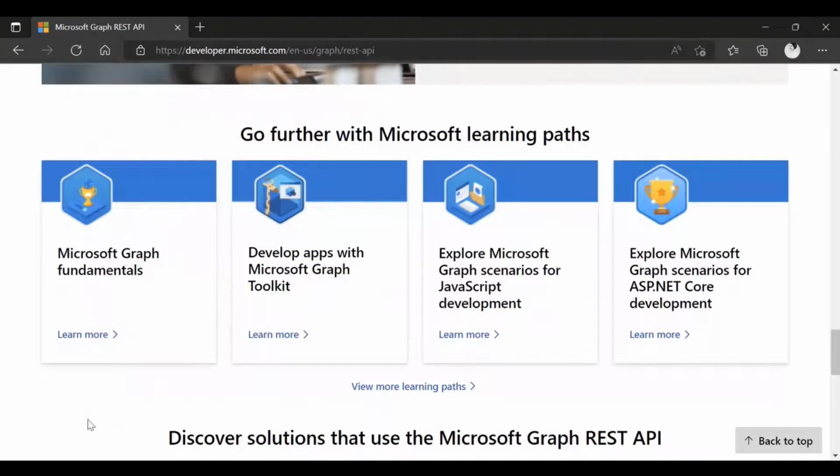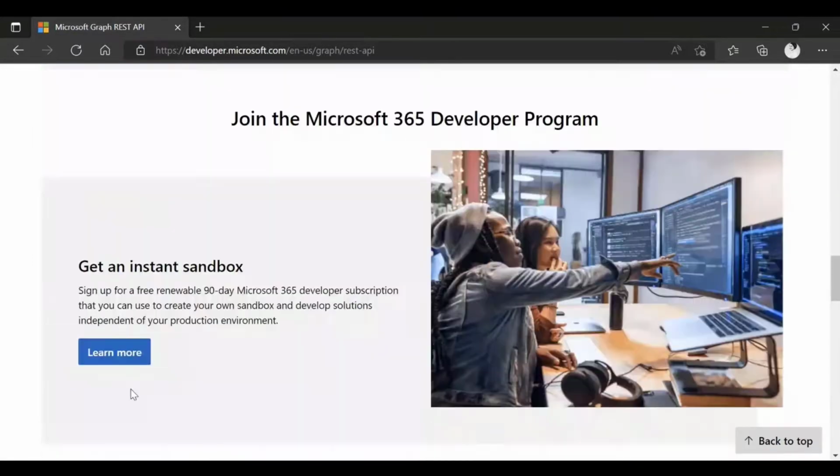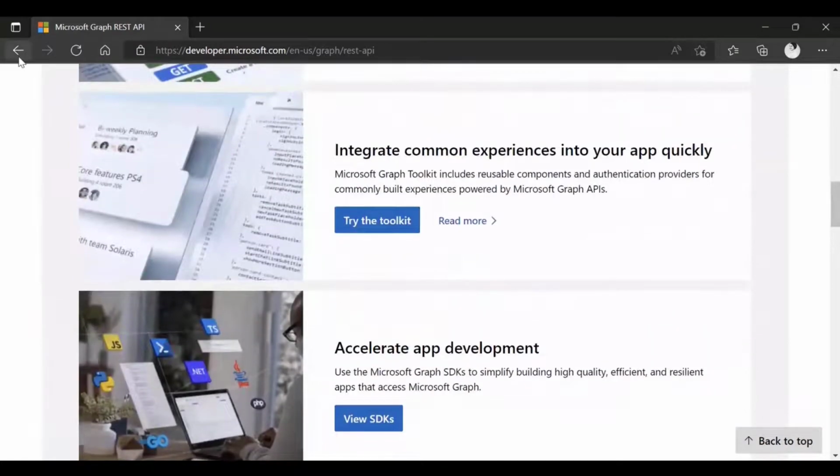And then we are highlighting the learning paths. A lot of people may not know about these, but these are more in-depth scenario-based tutorials. So this is another great source to learn about the Microsoft Graph. And then again, if I go back here,